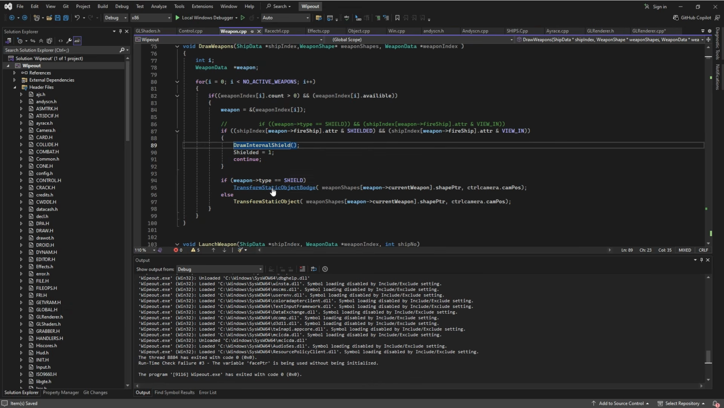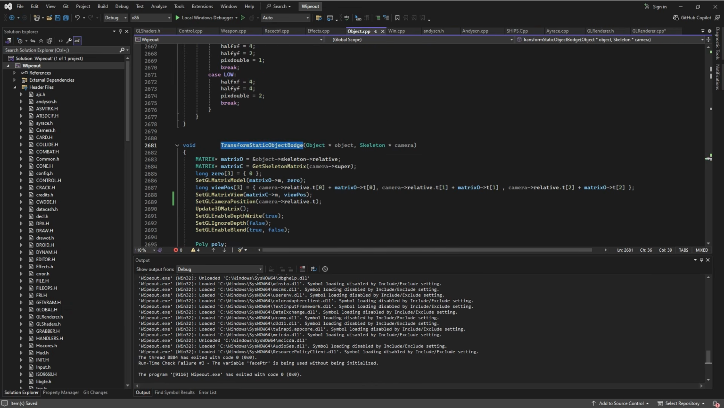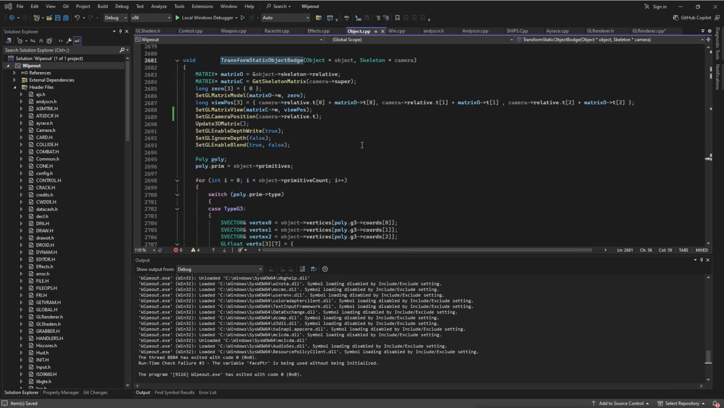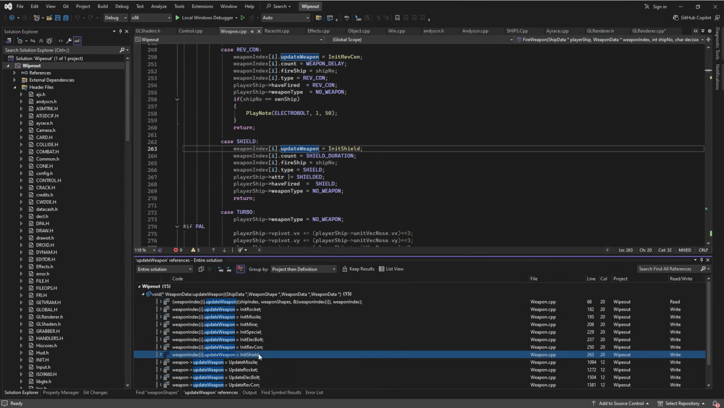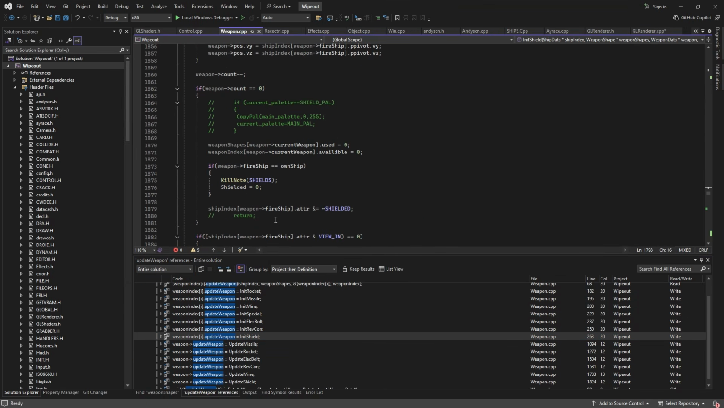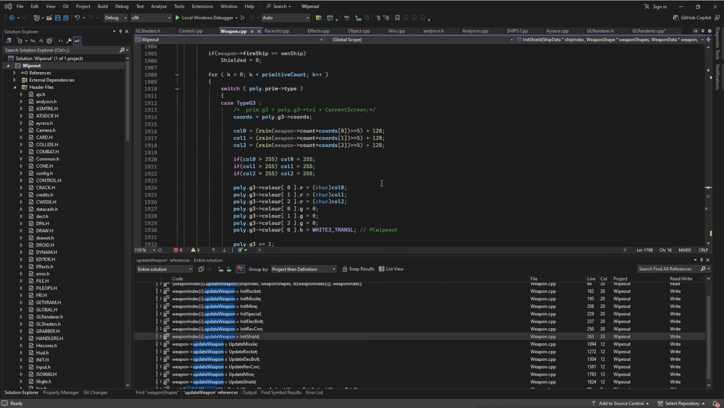Alright, now back to the outside view of the shield. It almost looks good, but the colors are a bit off, so let's try to find where they're set. We have a function to initialize the shield and another to update it. Init shield doesn't touch the color data, but update shield does, and as usual it's being set to some fairly